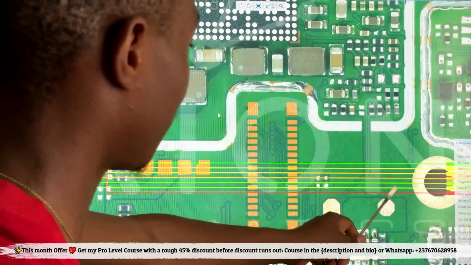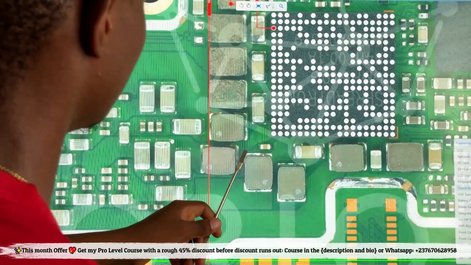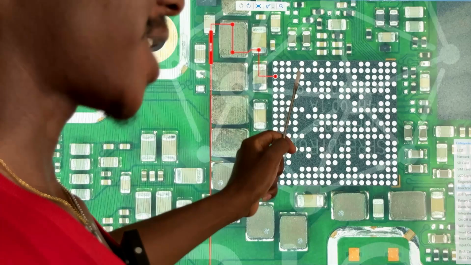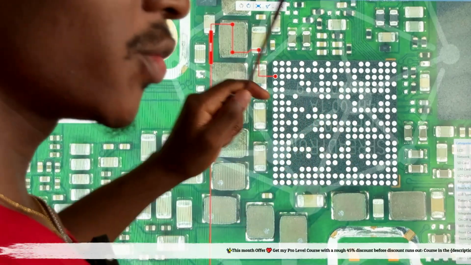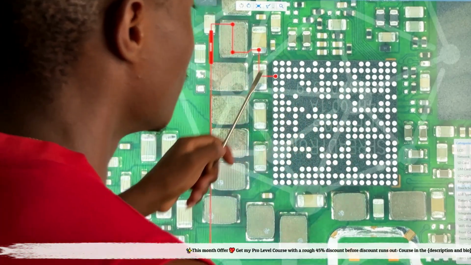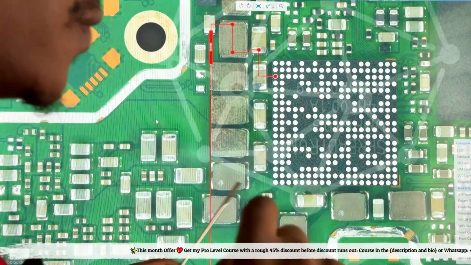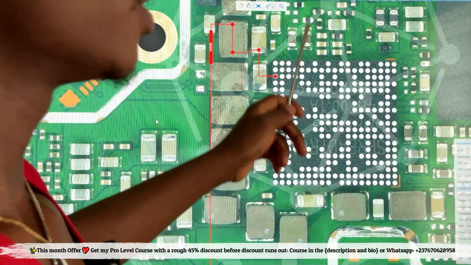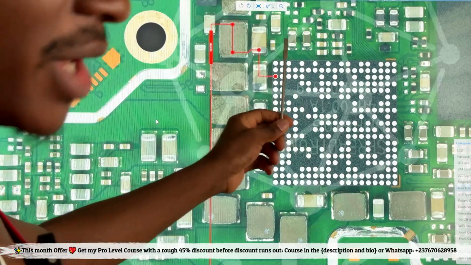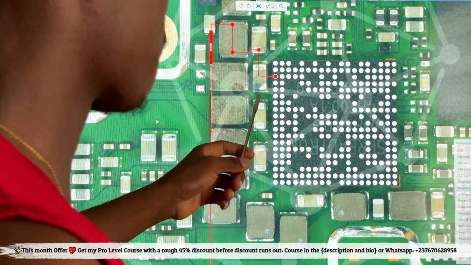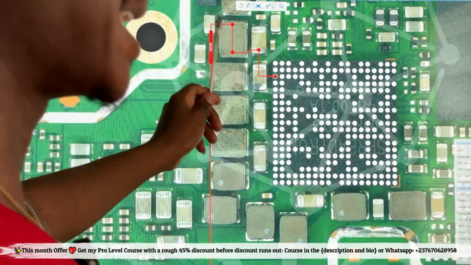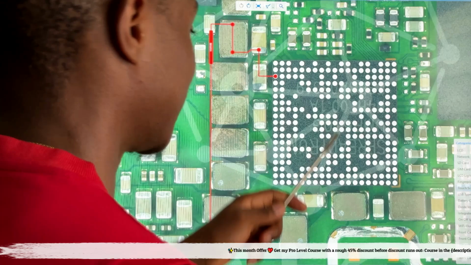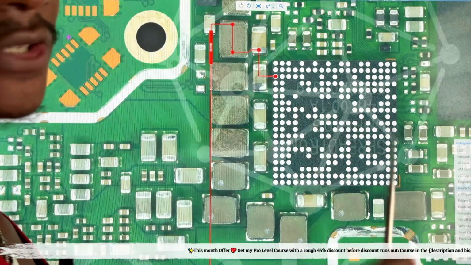Okay, so you can see we have the red line here, and it's coming directly from the power manager IC, which means if we are doing the actual troubleshooting here, we need to switch on this mobile phone. Once we switch on the mobile phone, because this is a PMU power supply, when the phone boots up, you're supposed to get this 1.8 volt. So if you switch on the mobile phone and you test, you don't see the 1.8 volt, it means that